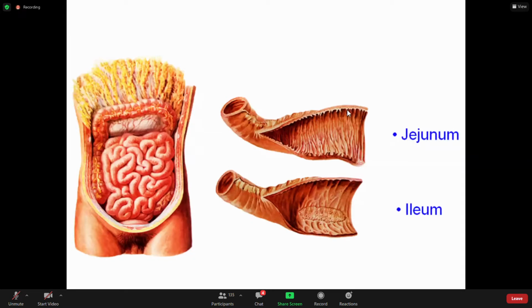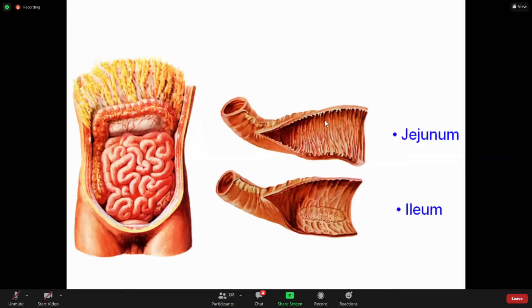First is the wall, second is the size of the lumen. Now coming to one very important feature, which is in this picture also. You can easily appreciate the difference between the plica circularis in this as compared to this picture. If you look at the inner surface of the duodenum, you can very well appreciate that the plica circularis, which is present in the duodenum, and those are also present in ileum, but in duodenum, they are closely set and they are large in size.